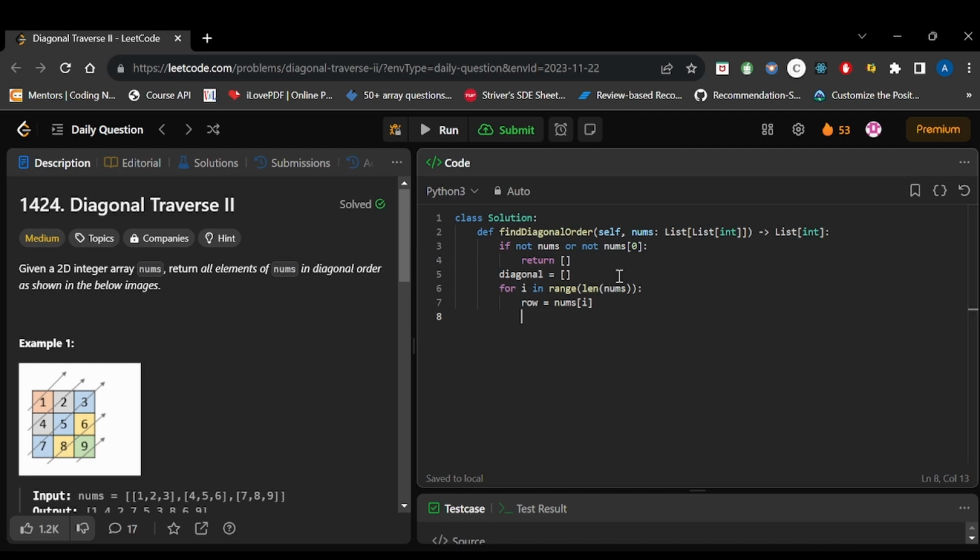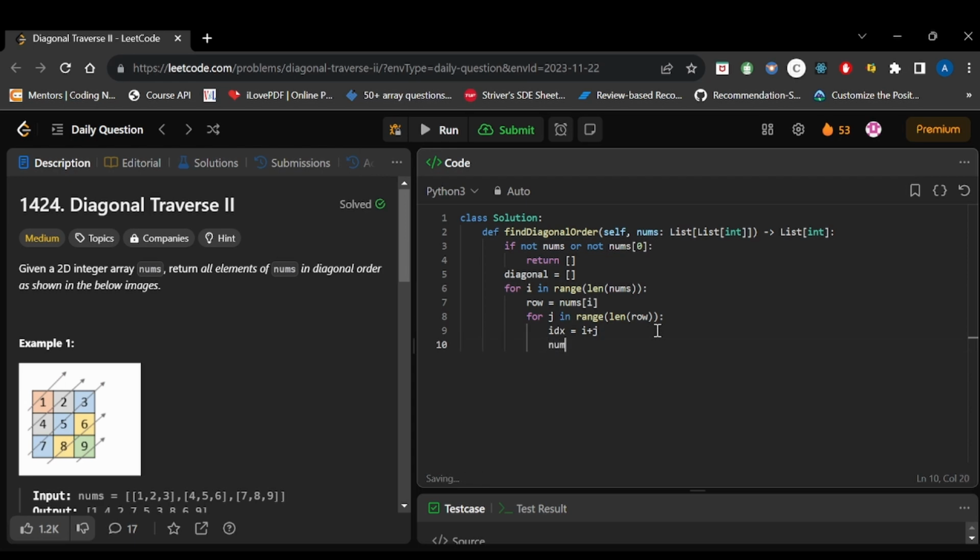Now we will be iterating on that row, so for j in range of length of row. We will get the index, which is i plus j, and we also have to get the number at that index, so num is equal to row of j.